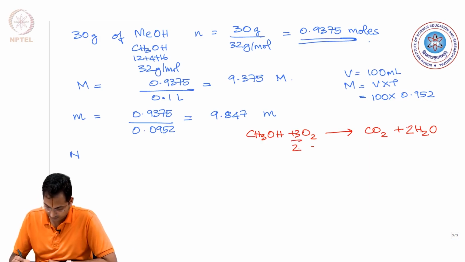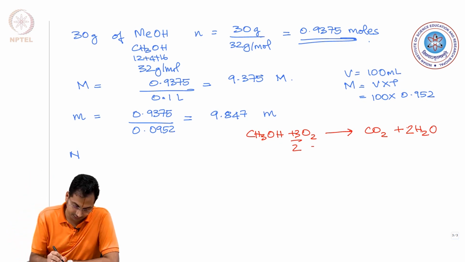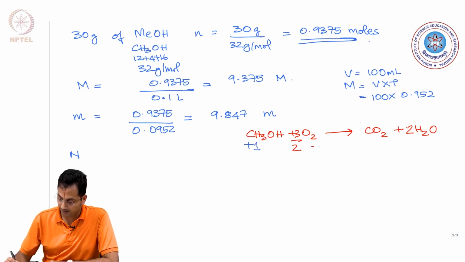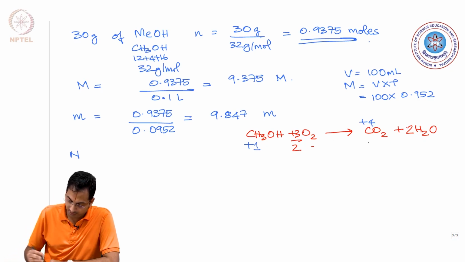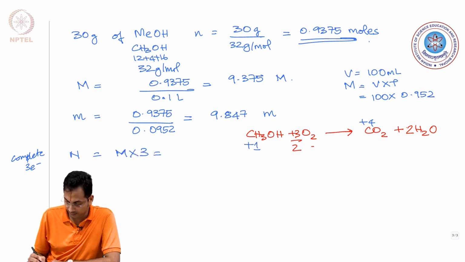So, let us make it 3 by 2. So, once you have something like this, the important thing to understand here is that the oxidation number of carbon in this case is 1. On the other hand, it goes to plus 4. Therefore, 3 electrons are involved. For complete combustion, 3 electrons are involved. So, therefore, the normality is going to be given by molarity times 3,